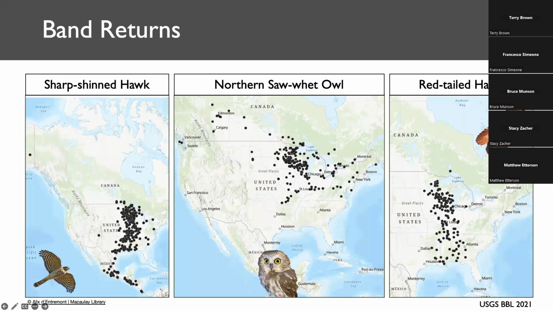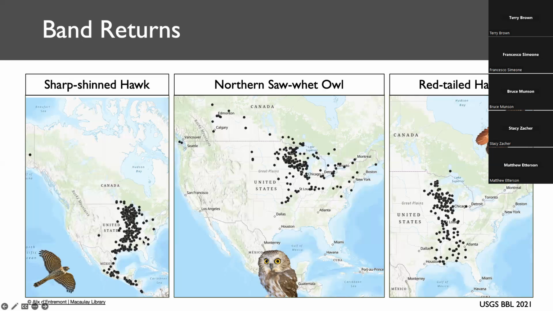We do have some information about each of these species from band returns. So when we place a band on a bird's leg, it may be banded elsewhere or recovered elsewhere. So each of these dots represents an encounter of a bird that had been at one point banded or re-encountered at Hawk Ridge. So you can see that we do get a large number of returns on our birds. However,